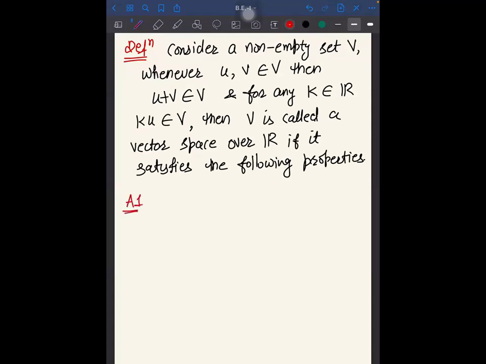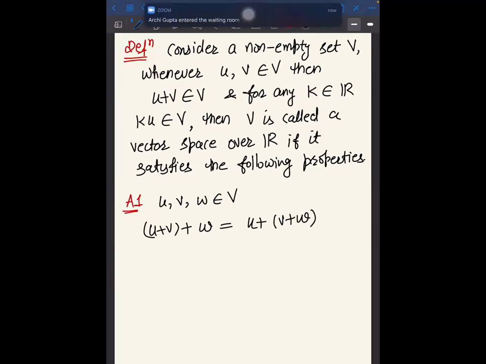So A1 is whenever your u, v, w, three vectors or three elements belong to V, then it should satisfy this. And this is something which we call the associative property. And the next one is